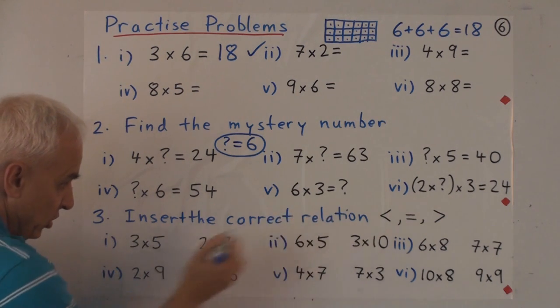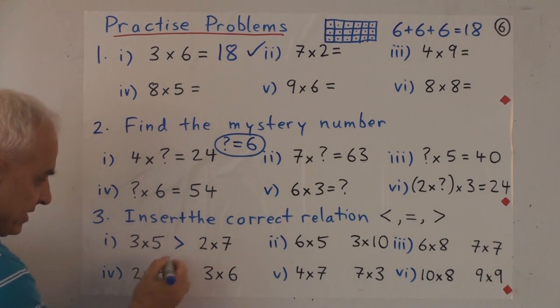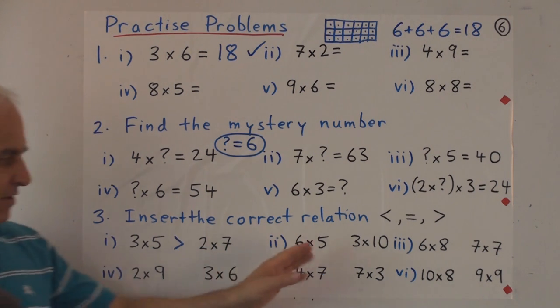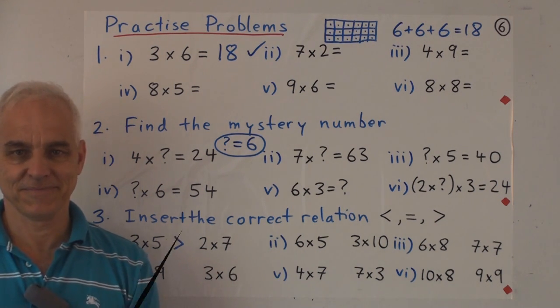The 15 is bigger. So the 15 is bigger than the 14. That means we choose this sign. This is the greater than sign. 15 is greater than 14. And you can remember which side the bigger thing is on, because the sign is sort of opening up towards the bigger number. So we read 15 is greater than 14. And I'll leave the other ones for you to do.